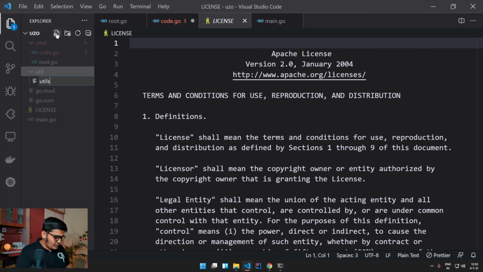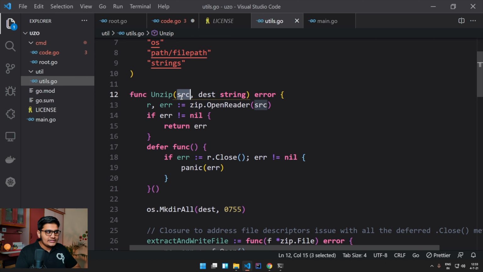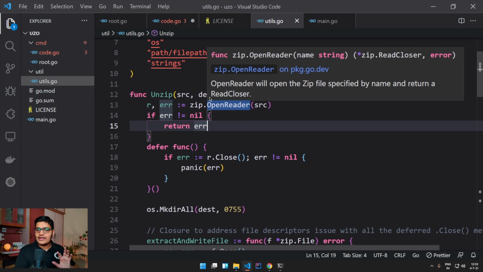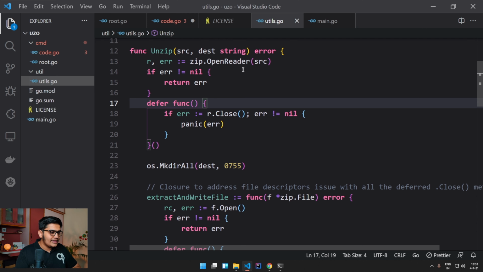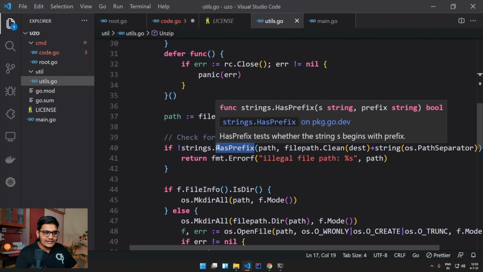So for the sake of simplicity and for the sake of time, I will just copy this code over here. So here you can see that this particular method Unzip I have created. Okay, I just Googled around and I got this particular method, which is taking the source, which particular file that you want to unzip, and the destination path where you want to unzip over here. Ideally, we will be keeping the same working directory where this particular source file is there. Okay, so this particular file is doing the unzip over here. You can go through this particular method, which is very easy.